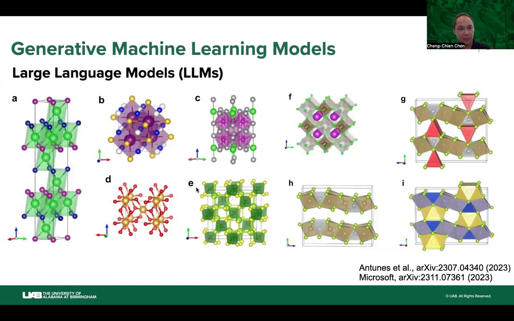And in fact, nowadays people have even used large language models, for example ChatGPT, to create structures. These are crystal structures generated from large language models, shown in this reference. That's another review, from Microsoft, on using large language models for scientific discovery. In the future this would be a promising method to generate structures with designed functionalities. And these structures can also help speed up evolutionary structure searches by serving as the seed of parent structures.